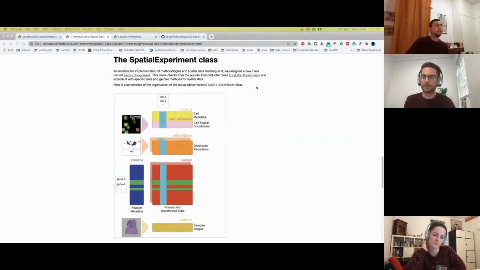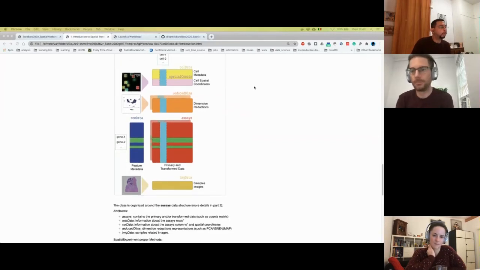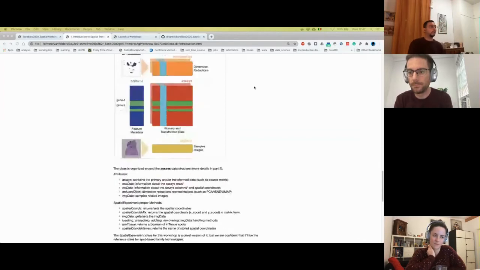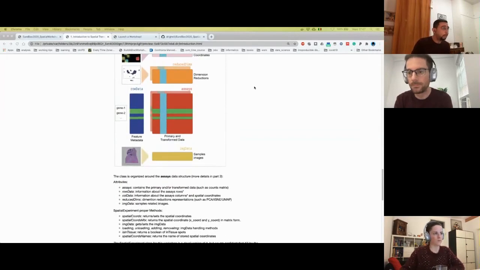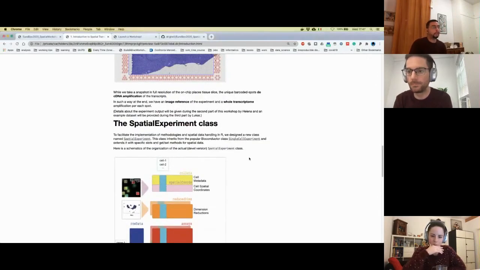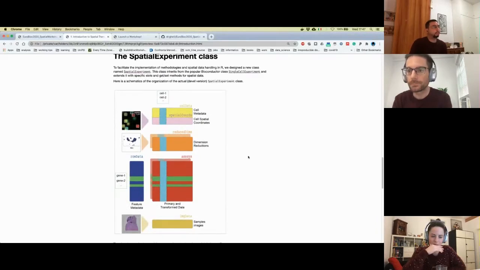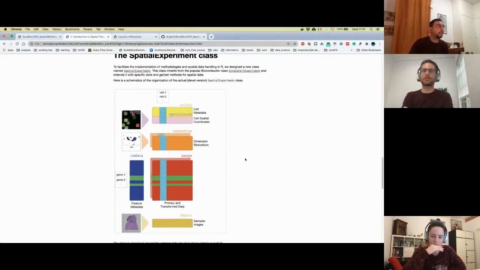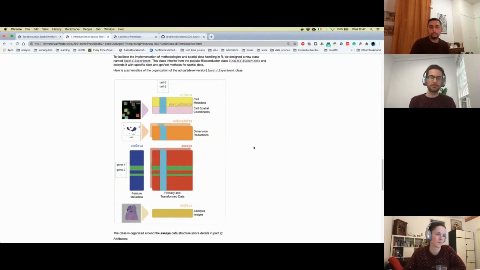So in the end, we came up with this SpatialExperiment class, which you are going to see in more detail during the next session. So we stored the spatial coordinates. Because it inherits from the SingleCellExperiment, it has the same structure. And we are still under development of this class because we are facing several issues, in particular because of the two kinds of technology families. And so for the spatial coordinates,